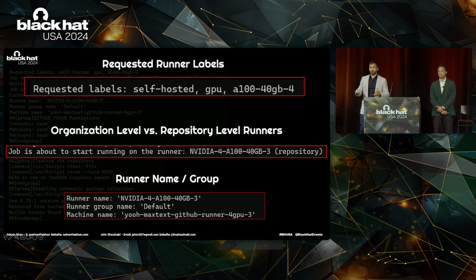First, you can look at the labels associated with that self-hosted runner. Using this, someone can figure out some of the context that runner is used in. Additionally, you'll be able to learn whether the runner is attached to the organization level, which can have some interesting privilege escalation techniques and lateral movement paths if there's sharing between public and private repositories for that self-hosted runner group. You can also learn then if it's at the repository level. Finally, you can learn about the machine name and the actual name of the runner group, all just by looking at the workflow run log.